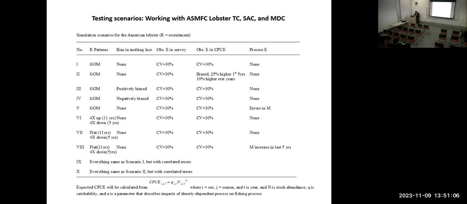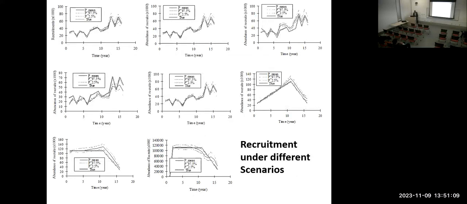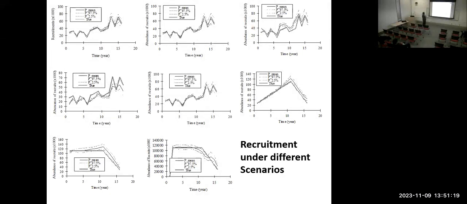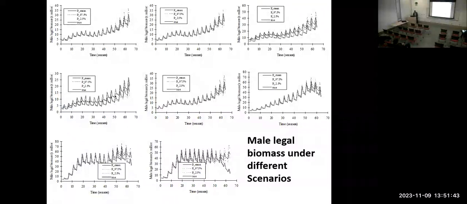And the program was actually run by the Atlantic States Marine Fisheries Commission. Then you look at this one, you have the true one and you have the estimated one. Most of the time the model can capture it well, even when you have a sudden decrease. Even when you have an increase and a decrease, the model can still capture that. So that's really good. But at the same time, sometimes the model fails too.